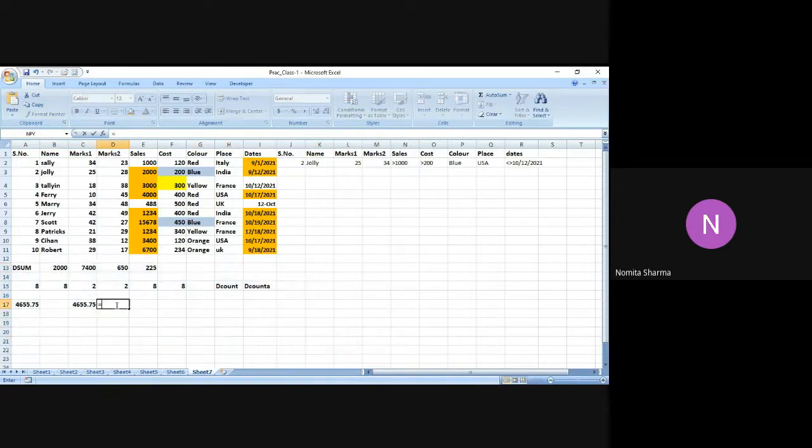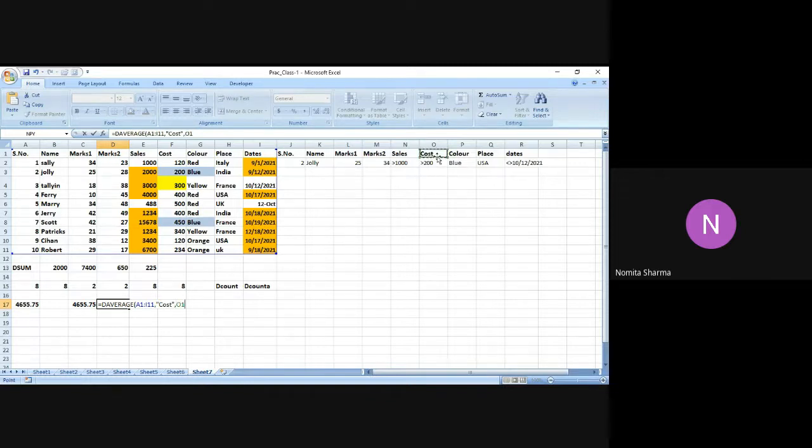Let me do average one more time. I say database. I will close, say comma, and this time I want to put the cost. I say comma, and in the cost I've already mentioned the criteria.